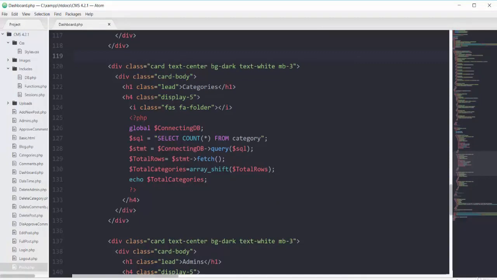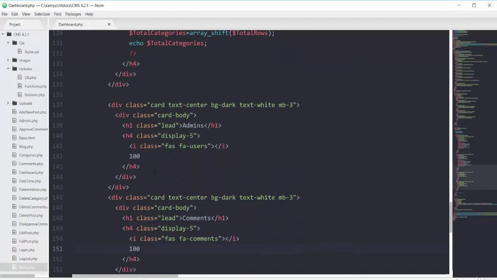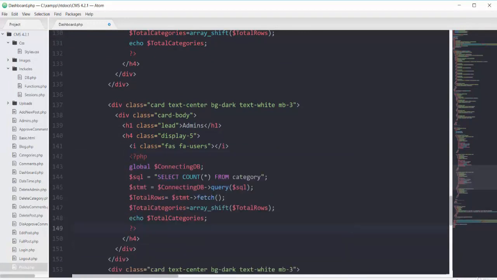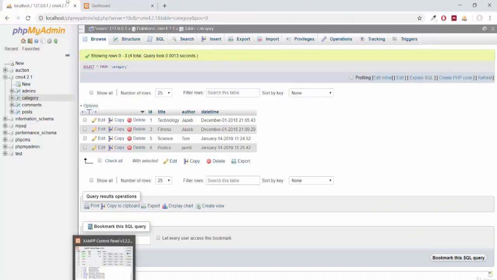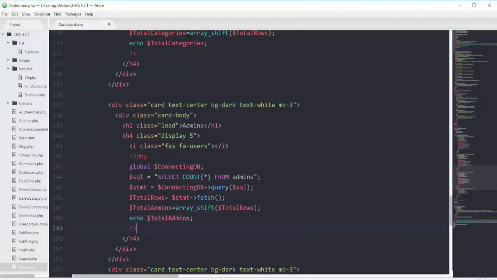So same like this for admin, copying this one, pasting it here, select my table of admins this time, and total admins, total admins. Saving this one, refreshing this page. We have 5 admins. Now same for the comments.